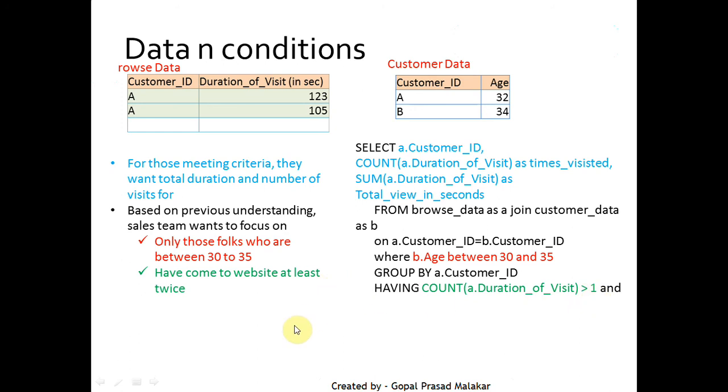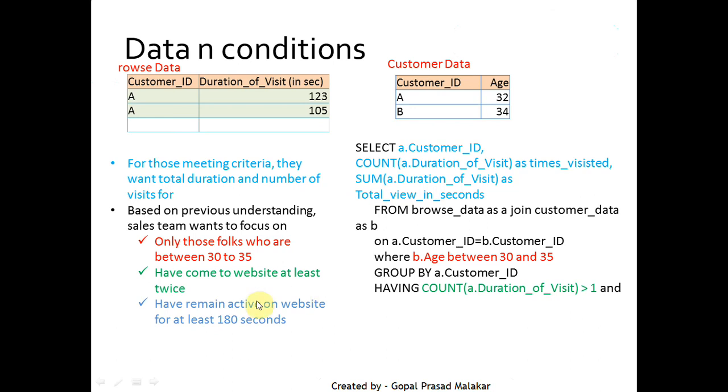There is also a color coding, so later when you look at the code, you can understand the blue portion belongs to this, the red portion belongs to this, the green portion belongs to this. By using this syntax I am achieving this particular green criteria. By using this condition I am achieving the criteria which is in the red.